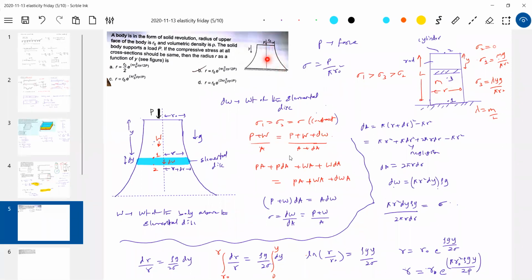Any reason for that? Because if I make stress everywhere constant, then I need not bother which part should be strong. The modern pillars, should it be strong? Do we make this strong? No, everywhere the same material. In the construction of apartments, whenever you see the pillar, the same material is present, but stress here will be more. So it should be strong here, but we are not bothered.